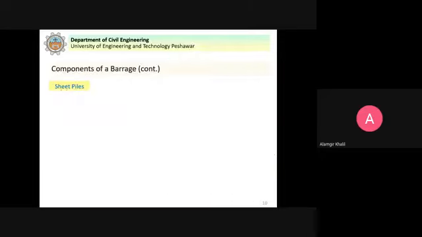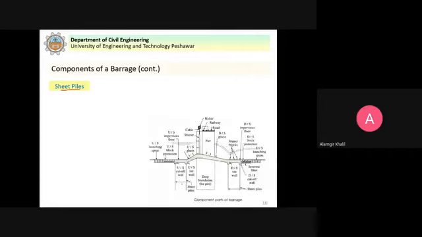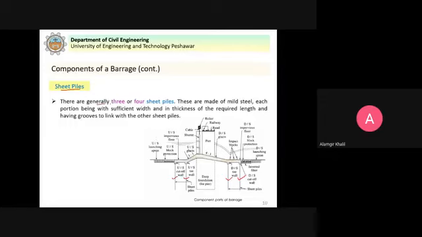Next, we discuss the sheet piles. You can see here that we have a sheet pile on the upstream side, and we have sheet piles here and here on the downstream side. These are generally 3 or 4 sheet piles.